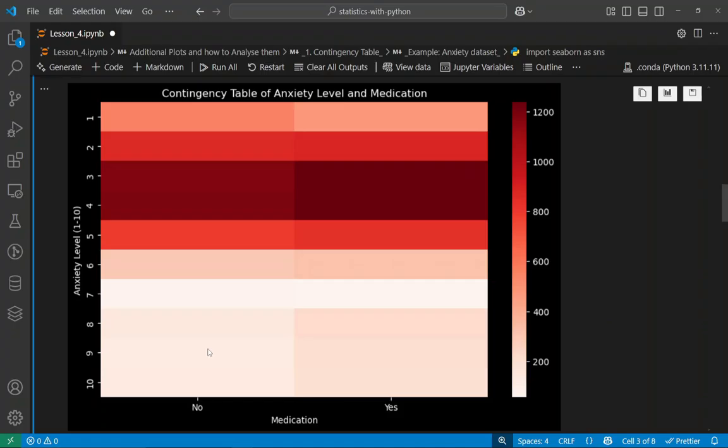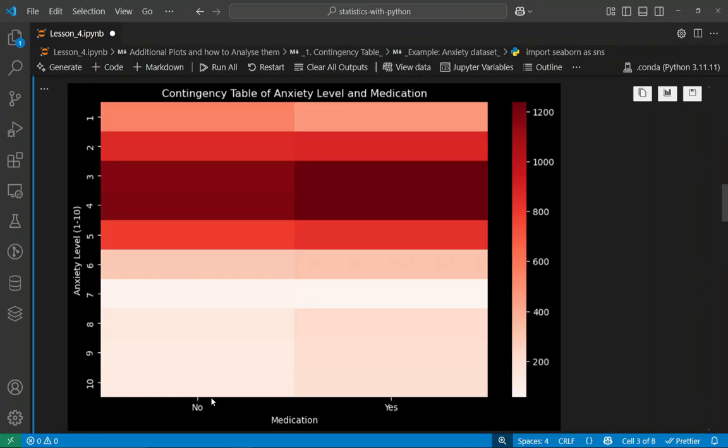So based on this analysis, we can do some research. We can select a group of patients who are suffering from anxiety and test their levels. We can select people who have the same level of anxiety and test them with medication, or we will not give medication to the other group, and both groups will receive the therapy. So only medication will not be common in both groups. One group will take medication and one group will not take any medication.